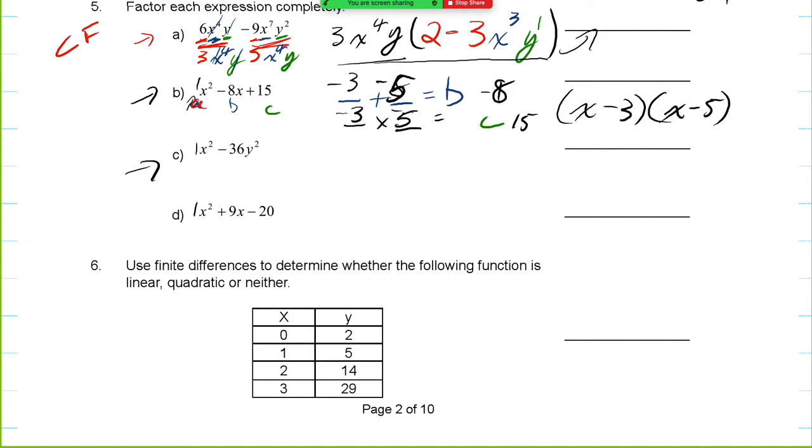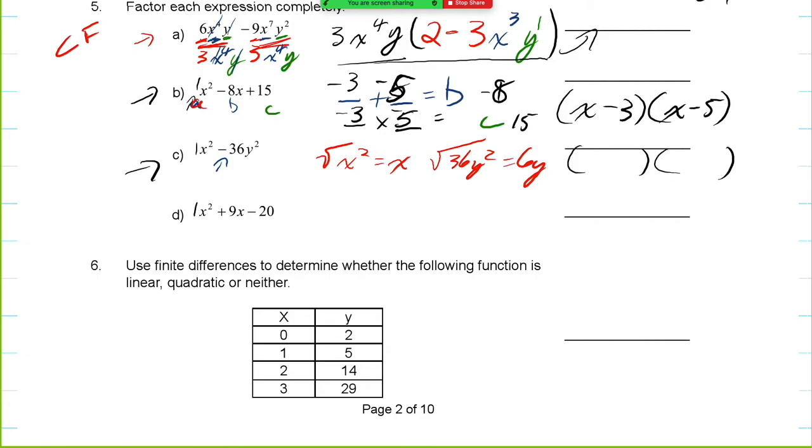And a fast way of doing difference of squares is actually just taking the square root of the first term and the square root of the second term, which happens to be 36y squared. The square root of the first term will just be x, and the square root of the second term is 6y. And because there's subtraction, hence a difference, we can write this in very quickly by putting in